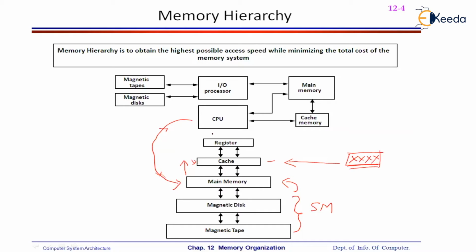But when you access the data now, the data may also be accessed in the near future. For that reason, as it is getting accessed, the data will also be transferred to the cache memory. Okay, so the cache memory will have the data.